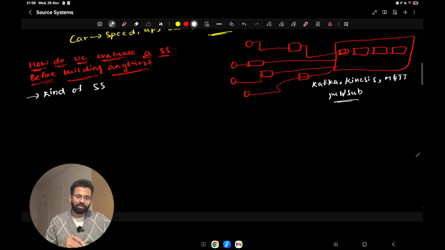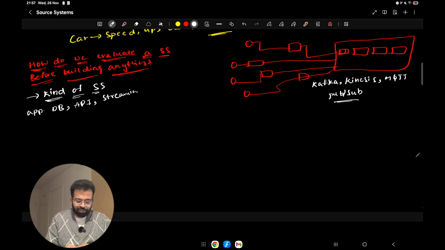I'm saying that you need to understand, for example, is it an application database, or a streaming device, or is it an API? So you need to understand whether it is an application database or an API exposing the data, or if it is a streaming device, like scanners or watch sensors or IoT devices or stuff like that.